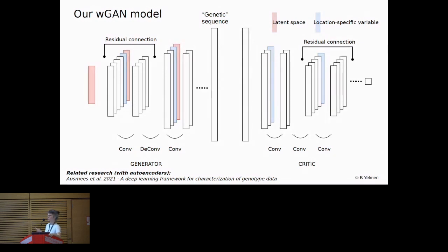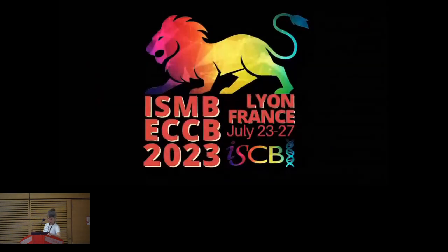And that's very important because, okay, the convolution makes sense for our genetic data and allows reducing the number of parameters, but in our case, we don't want to be completely shift invariant, because then we would forget what SNP we're at. And as I said, it's very important to understand which SNP it is because it corresponds to a real SNP in the real world. So you have to keep this.